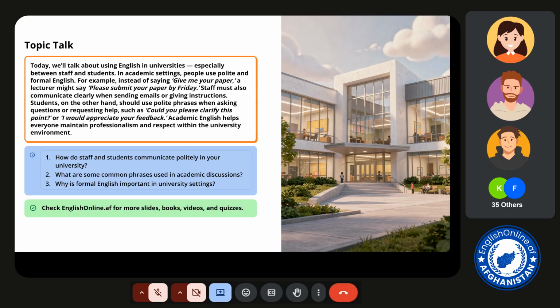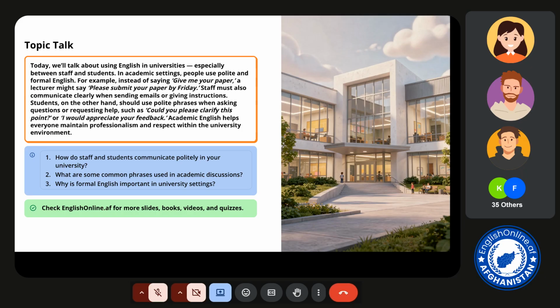As you also mentioned in the paragraph, I think staff and student communication at university, according to me, is conducted in a polite and respectful manner, and also